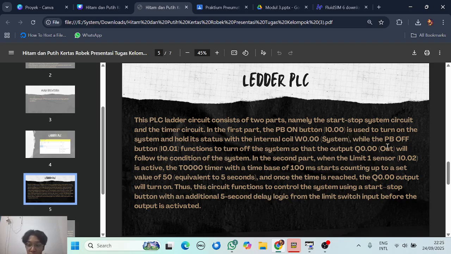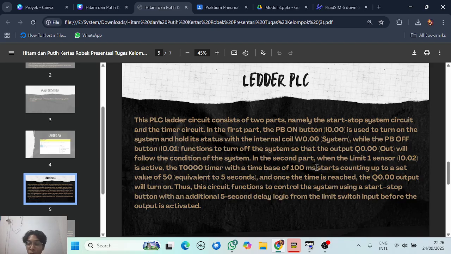While the push button off functions to turn off the system, so that the output, which we name Q0.00 and call out, will follow the condition of the system.